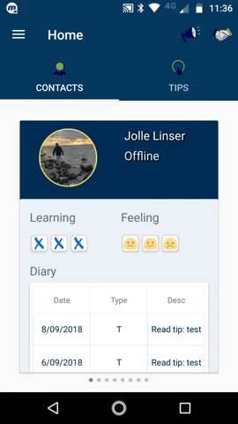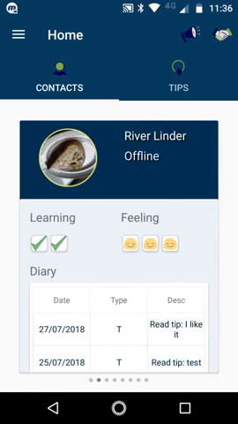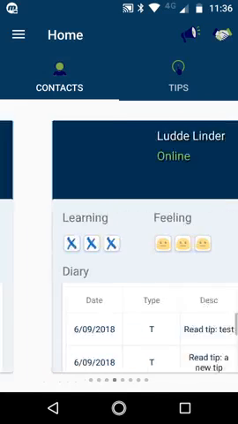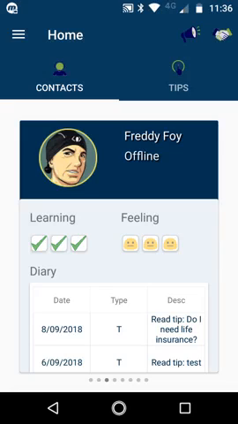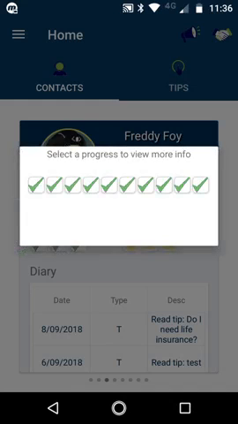So you can swipe through your contacts list, choose online and offline. So if we look at these, you'll notice there are a couple of little icons at the top there. One's what we call about learning. That'll tell you